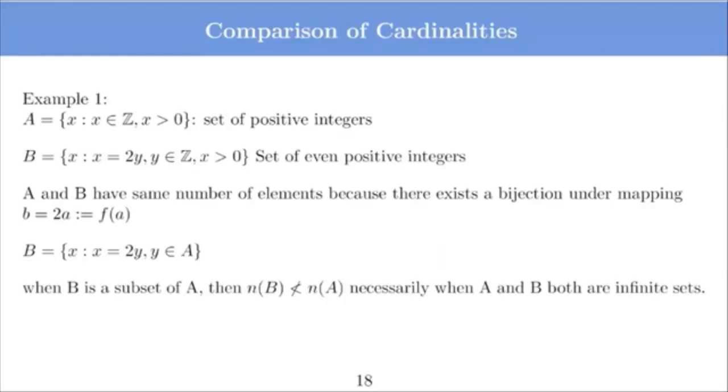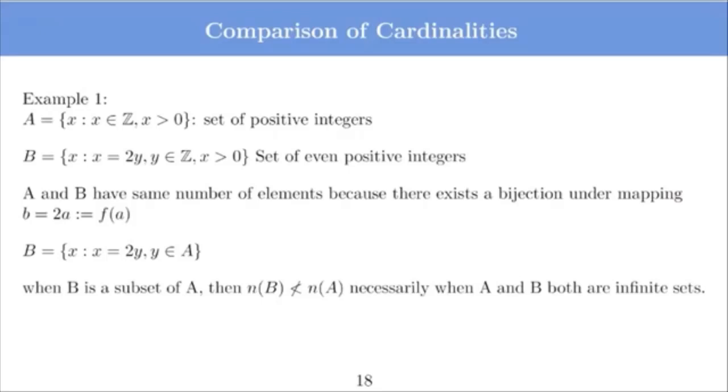Okay, and of course their cardinality will be infinite, right? But we will see that there are different infinite sets which may have different cardinality. So the cardinality of A and B in this example, both are infinite and they are equal. So they are the same type of infinite cardinality. Okay, and of course you can also see this point that in this case B is a